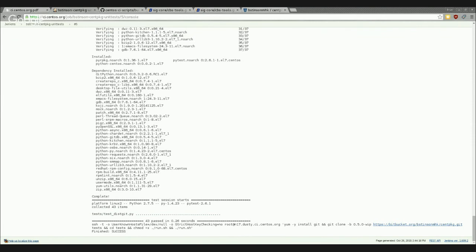So Dusty has a question. Where do you get the username and password for your account to ci.centos.org? I think I might have put this in the email template. I'll double check. But basically, those credentials are stored in flat files in the home directory of your project account. So if you can log into the slave with your project account, you should have a couple of files in there that tell you the credentials to the web interface, and that's how you'll create